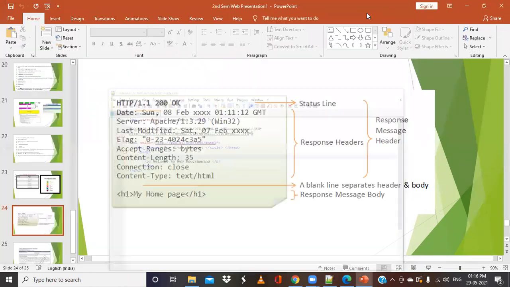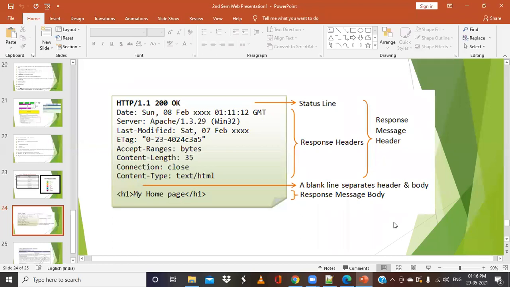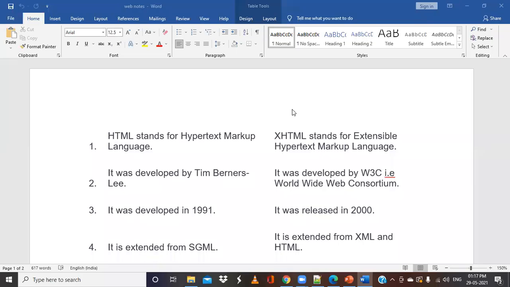We'll be studying the basic syntax and other things. But before going ahead with that, we'll be studying HTML and XHTML. We'll understand the origin and how the HTML language has evolved over the years, and we are going to compare them. I have made a list of differences between HTML and XHTML. We'll study these two and understand them by learning the differences between them.